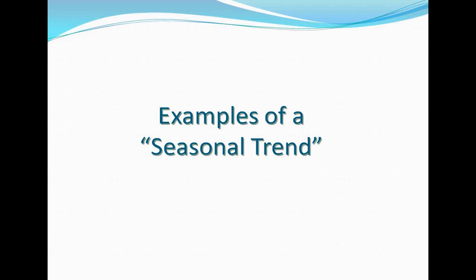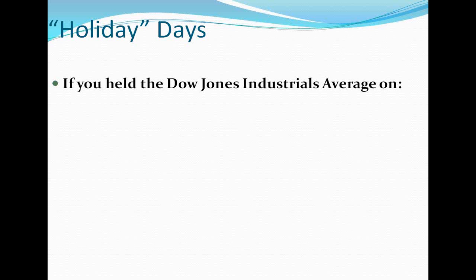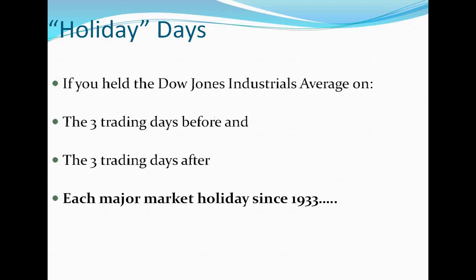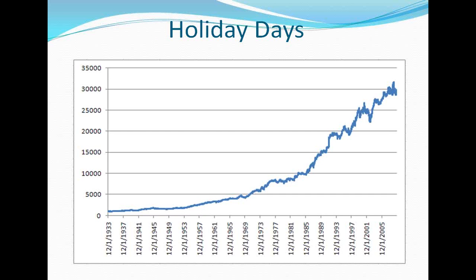Before we can make any sense of this, people always ask, well, what is a seasonal trend? So let me give you two examples. One a bullish example and the other not so bullish. First one is called holiday days. If you were to hold the Dow Jones Industrial Average Index, the 3 trading days before and the 3 trading days after each major market holiday since 1933, had you started with $1,000 at that time, your equity curve since then would resemble that which appears on your screen right now. Clearly not a straight line advance, but definitely an upsloping, uptrending